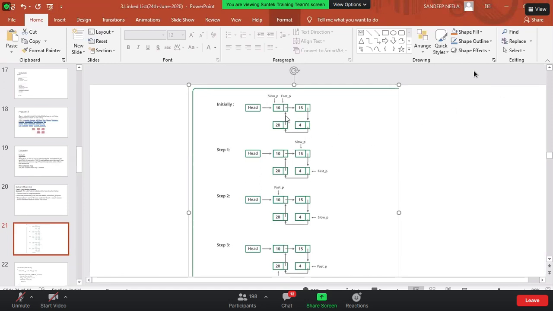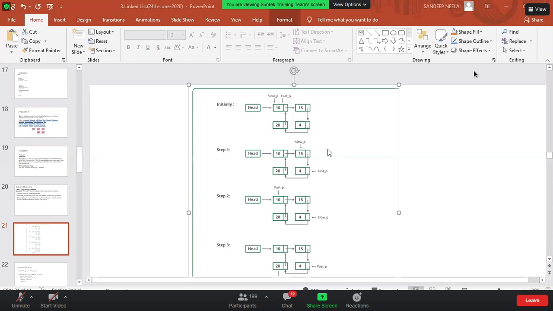Initially, the slow pointer and fast pointer are pointing to 10 only. After that, the fast pointer will traverse faster: on every iteration it will move one step ahead of the slow pointer. Suppose the slow pointer increments one time, the fast pointer increments twice.